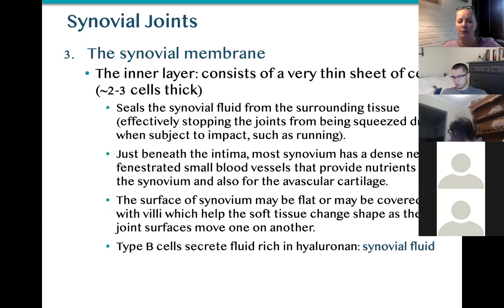The synovial membrane is only 2 to 3 cells thick, and it's going to be sealed in that capsule from all the outside tissue, okay? And that will prevent it, when the joints move and squeeze, from squeezing down and